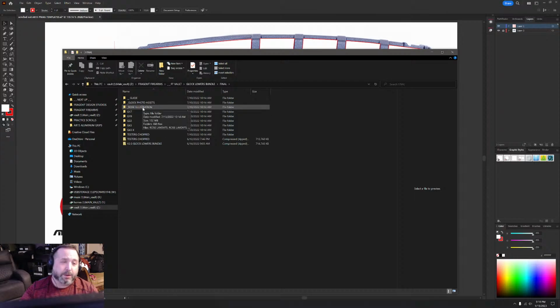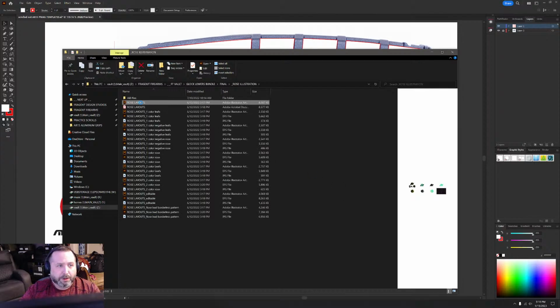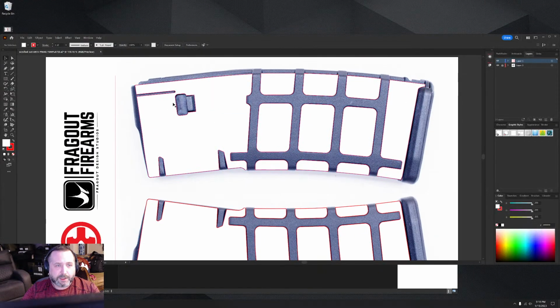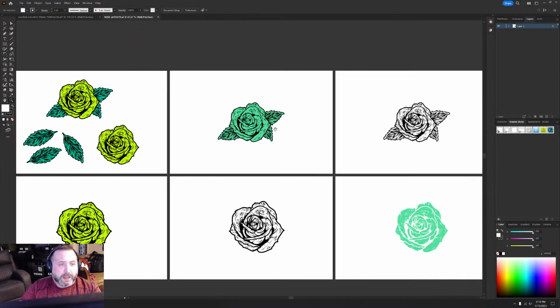Alright, Rose, yes, okay. On the first Glock lowers bundle I did last year, in July, man, it's crazy, I feel like I just made this yesterday. There is a folder in there called Rose Illustration, and it's the rose that I drew. I included those files as a little freebie. What you can do, and you can do this with any of my assets,